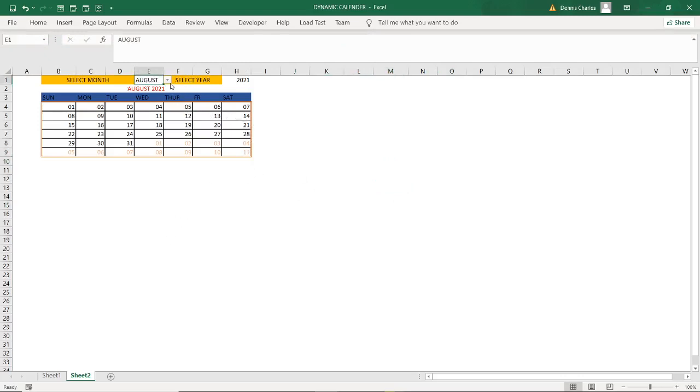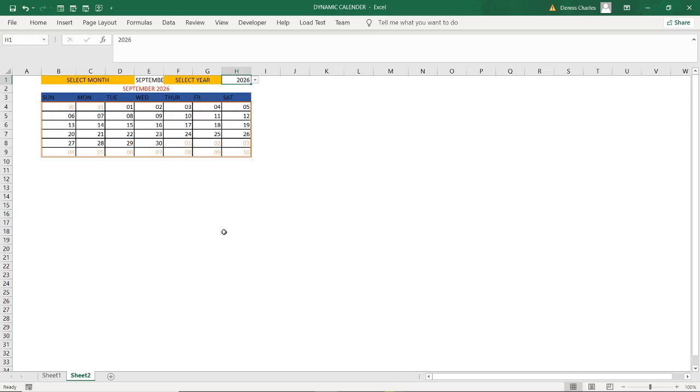Now you can change it, if you wanted September, another month here. If it is 2024, this is how the dates will be. You can see how it is changing in 2026, and those days that collide.